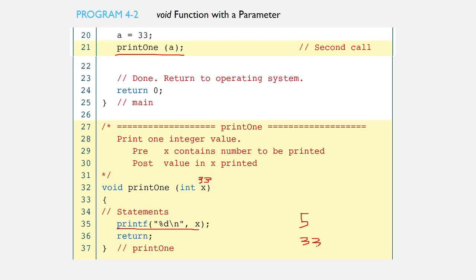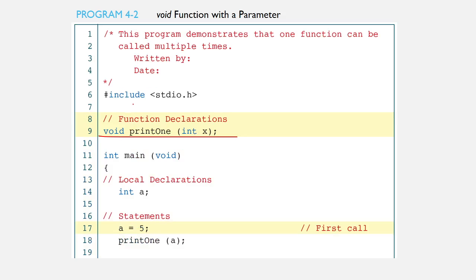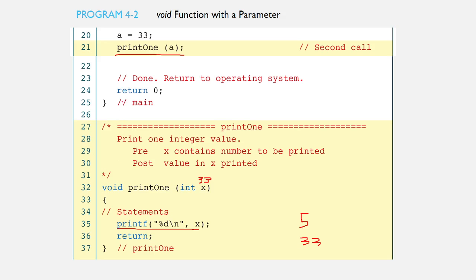Then we go back to the main method, and there are no other statements but return 0, which is a necessary statement for the main method. Since our main method is of type integer, we need to return a value that is of type integer.